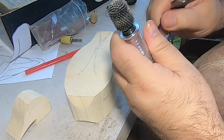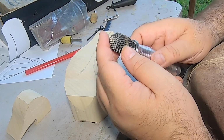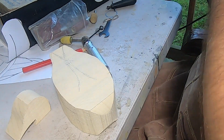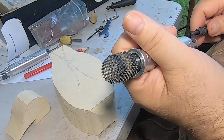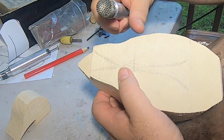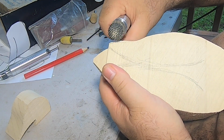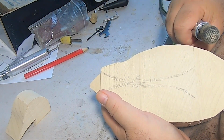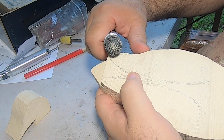It's also dangerous. This bit can really chew you up if you're not careful. You really want to pay attention to how you're holding it and controlling it while you're using it. Make sure you've got your stuff out of the way and a good solid grip on it, and don't go to the end of the carving. Start on the edge of it and bring it back, and when you need to get down here, turn it around and come back towards you, because if you go over the edge of this,